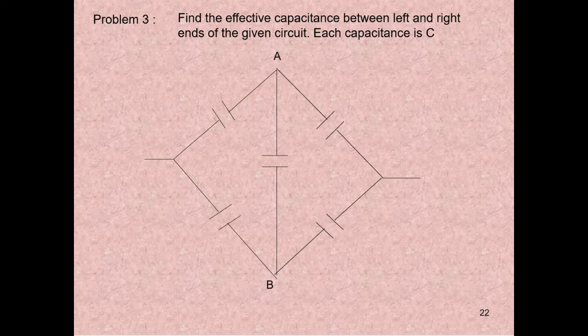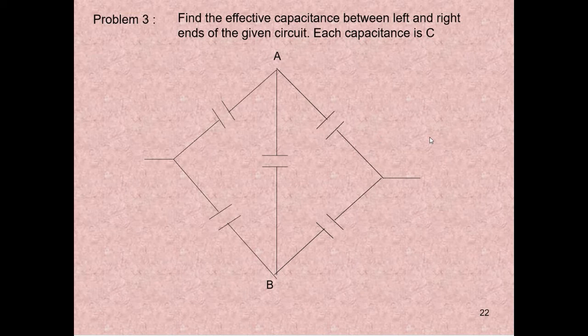Is that part clear? Suppose if it is C2, suppose this is 5, this is 7, then this is 7, this is 10, then potential at A will not be equal to potential at B. But 5, maybe this also 5, then potential at A should be equal to potential at B. This is using the symmetry concept.